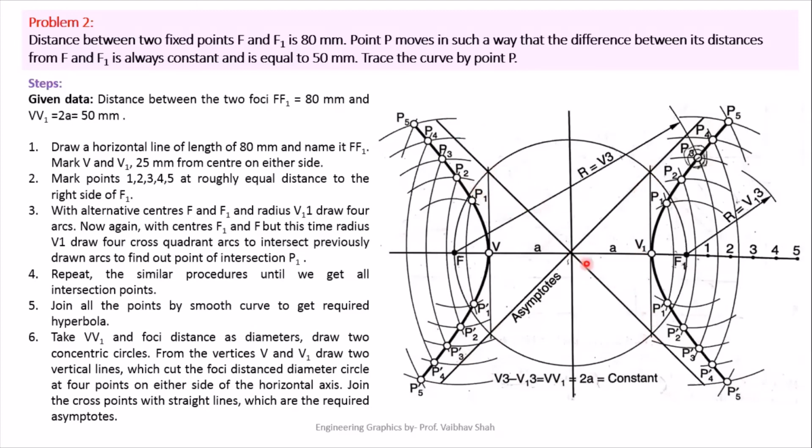So you can have this line. This is your asymptote, and we have to cross connect these two points, and this will be your second asymptote. If you are correct, then your asymptote must pass through the center point. If it is not passing, then you must reconsider your drawing and check if any error is present in your drawing.